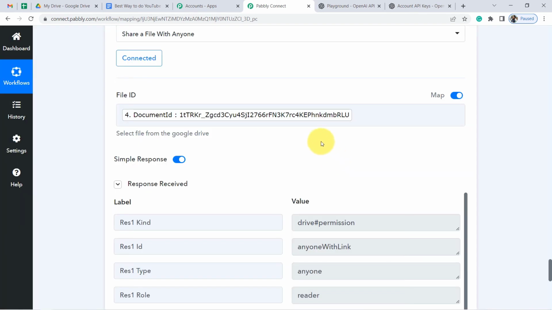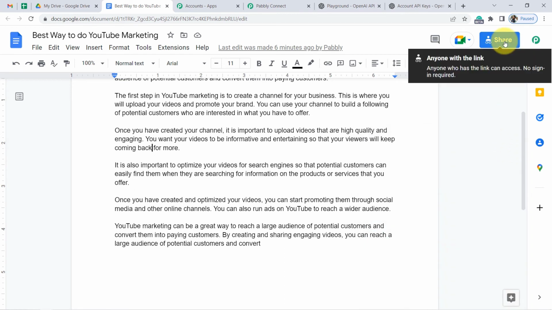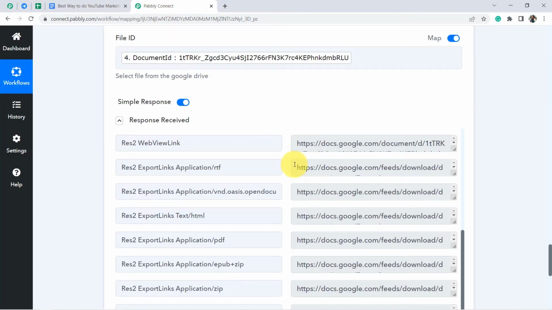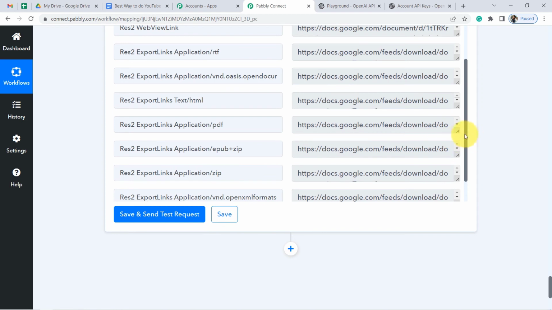Alright, you can see the response is received. Going back to this particular document, let me check for the permission. Alright, let me close it and check for the permission. Yes, anyone with the link, the permission has been changed. So finally we are now able to share this particular document with the team on Telegram and on any other application. And let me even show you the URL which we are going to send to our people,